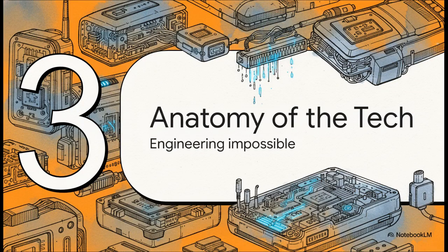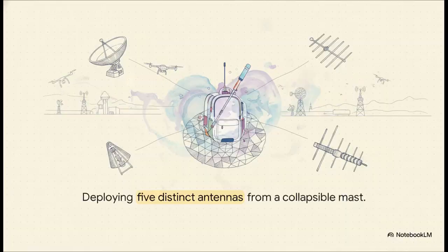Moving right along into Section 3, Anatomy of the Tech, Engineering the Impossible. Let's look under the hood. Okay, so how do you physically shrink a truck-sized system into a backpack? It takes some extreme engineering. Because different radio frequencies need totally different antenna shapes, the ELINT uses this crazy segmented hybrid antenna architecture. It literally pops out an array of 5 completely distinct antenna elements from a single collapsible carbon fiber mast straight